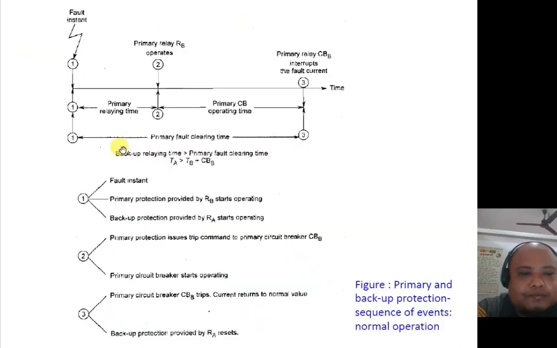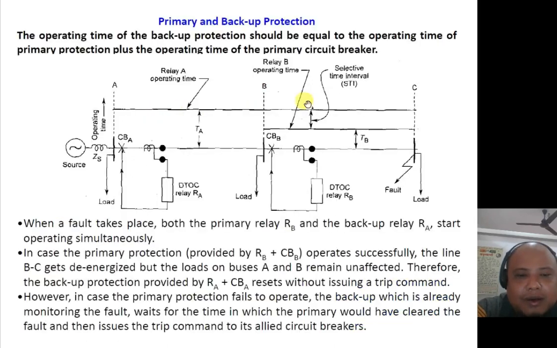Okay, so at instant 2, operation of primary relay is complete. Primary relay RB completes its process and it will send the trip command to its associated circuit breaker CBB at instant 2. Primary protection issues trip command to primary circuit breaker CBB and the operation of CBB starts at instant 2. Again CBB, primary circuit breaker,